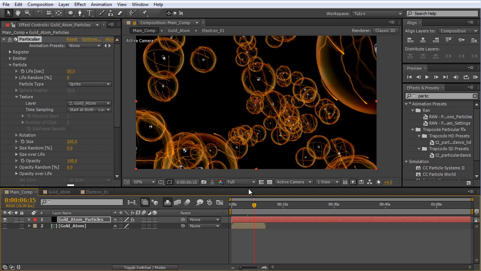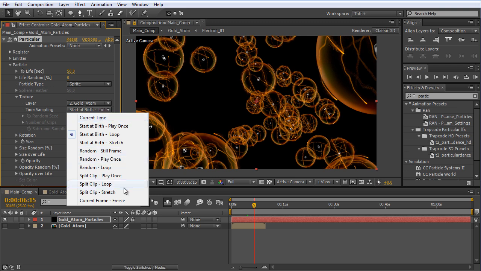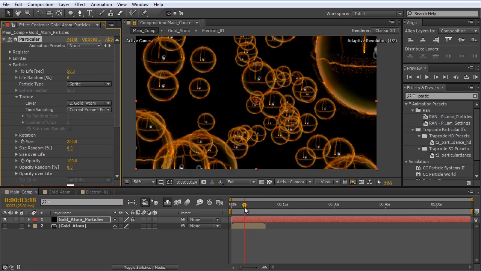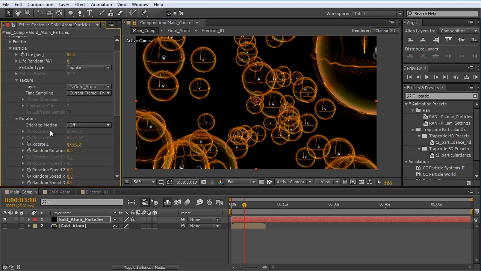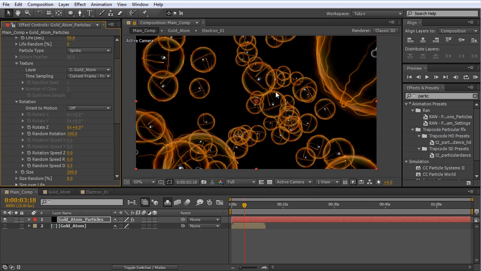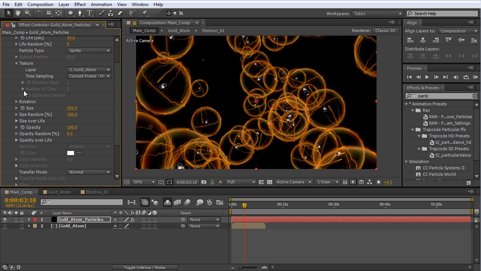However, it takes a longer time to preview it, so for the time being we'll set it to current frame freeze, and after we finish all the attributes we can set it back to start at birth and loop. Open up the rotation and we'll set the random rotation to 100, so we'll get a bit more randomness going on here, and we can close the rotation now. We'll set the size random to 100, so we'll get a lot more randomness going on.